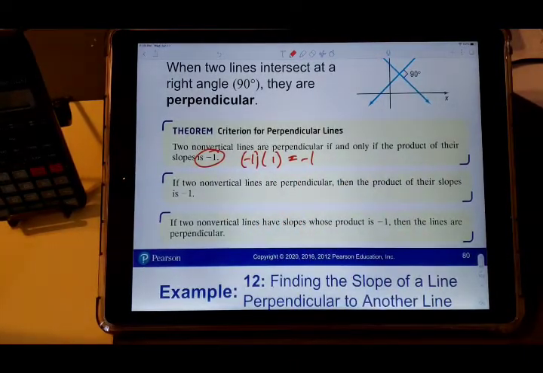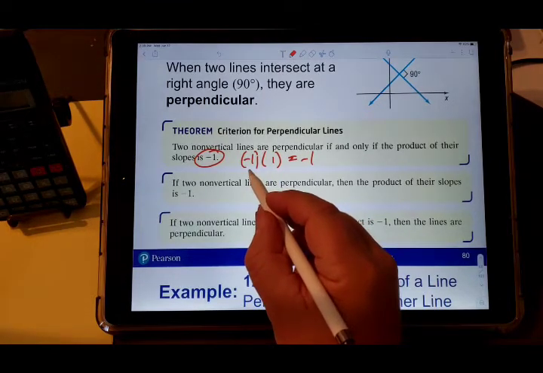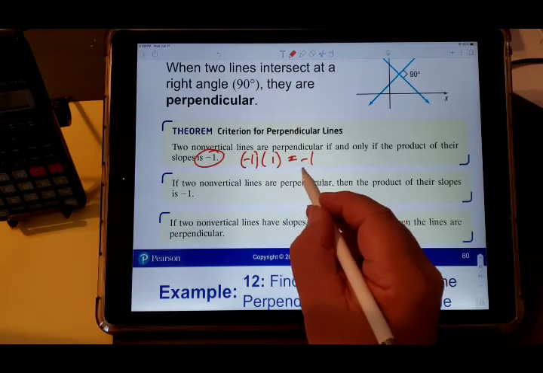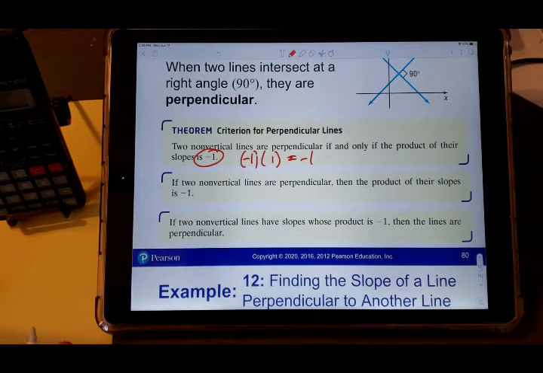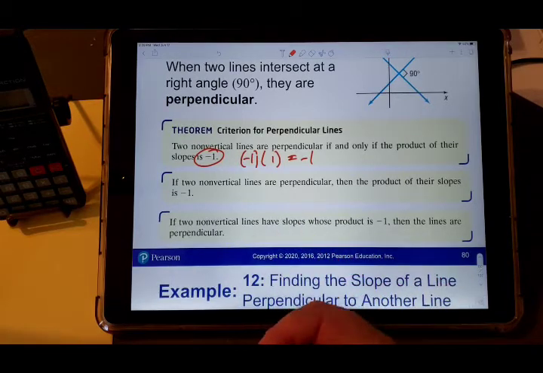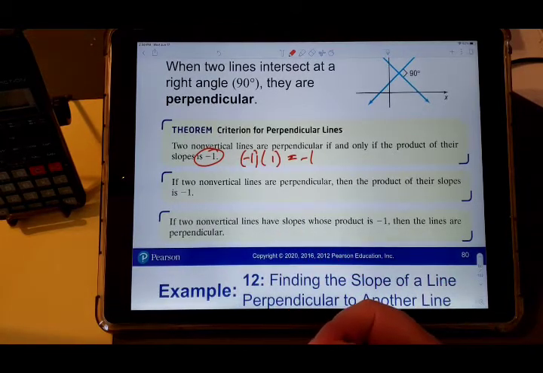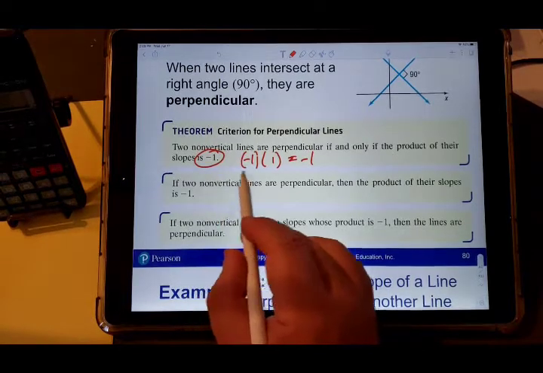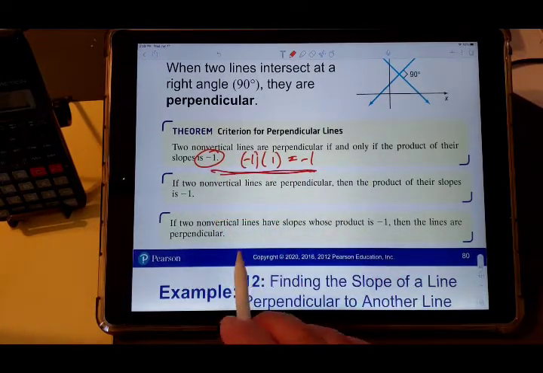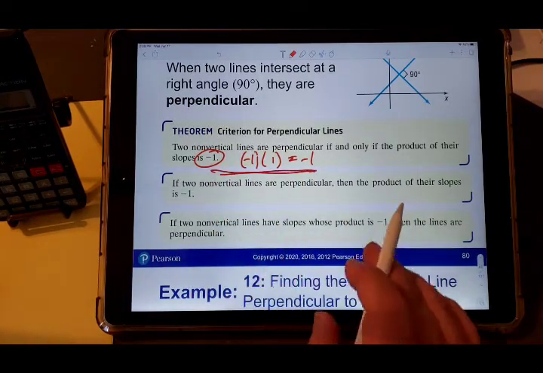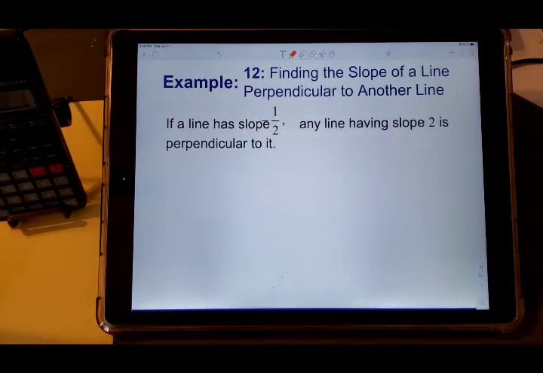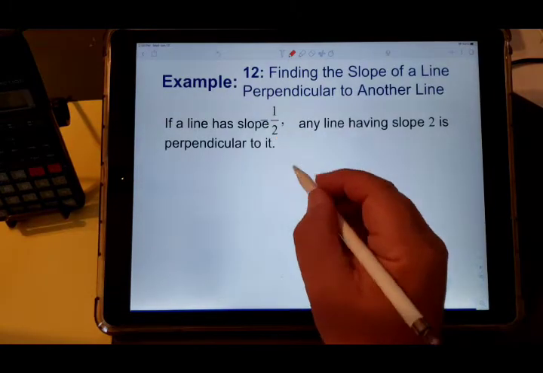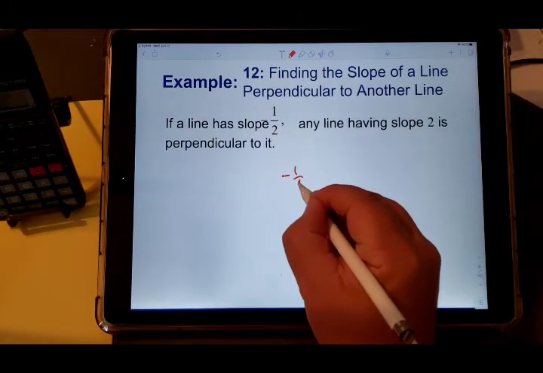So if you have a line of slope negative 1 and a line of slope 1, you know they're perpendicular. But remember, a lot of times we think of slope as the rise over run. We think of it as a fraction. And so I'll have another way of describing this in a second. Let's look at this example. So if you have a slope of negative 1/2,